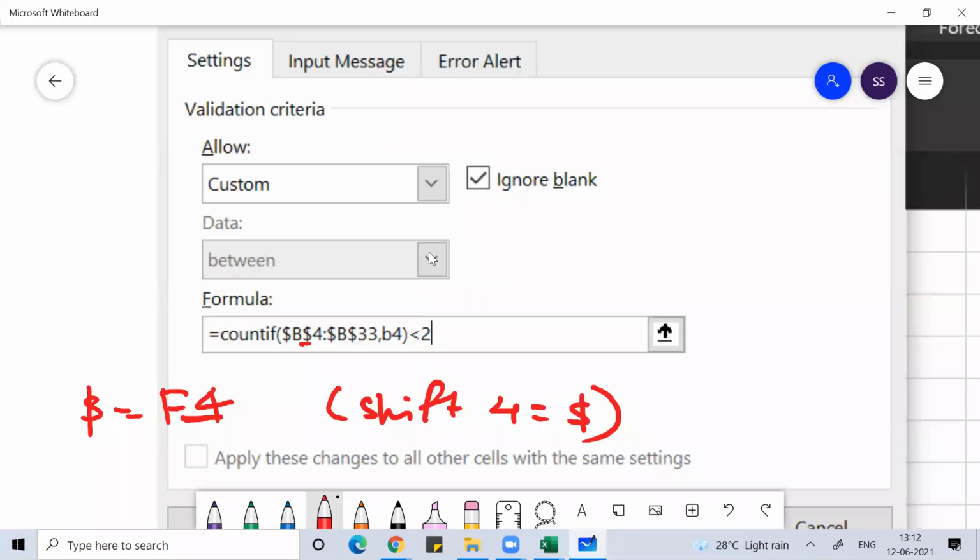So this B4 to B33 will change. B4 is your first cell, B33 is the last cell. Whatever cell to whatever cell you want to apply data validation, do that. Make sure the first cell is fixed. Press F4 or the dollar sign.